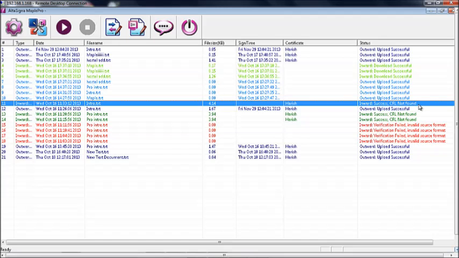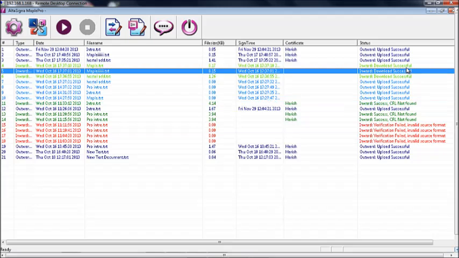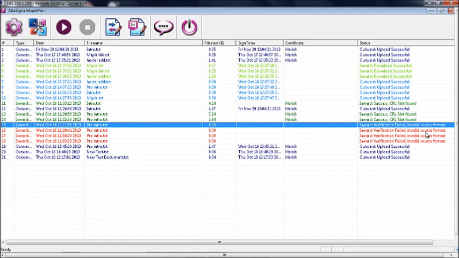When a file is verified successfully and downloaded, the status Inward Success will appear in dark green color. And when a file is only downloaded from the ACH system without verification, the status Inward Download Successful will appear in light green color. And if the verification of a file fails for any reason, the status will be displayed along with the reason for failure in red color.